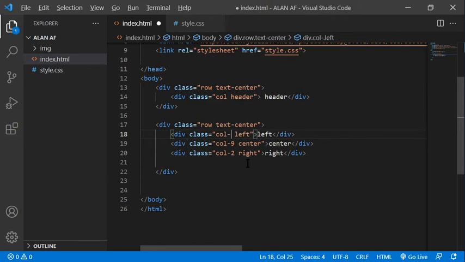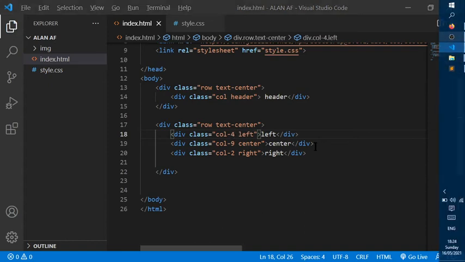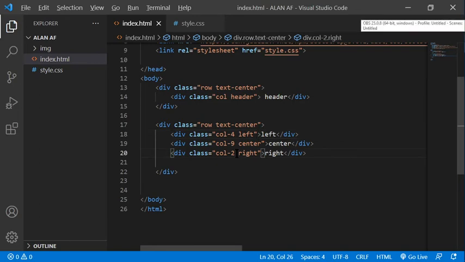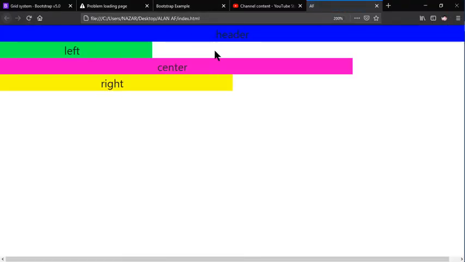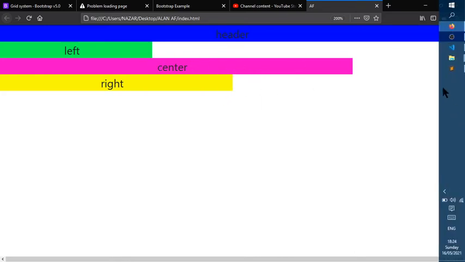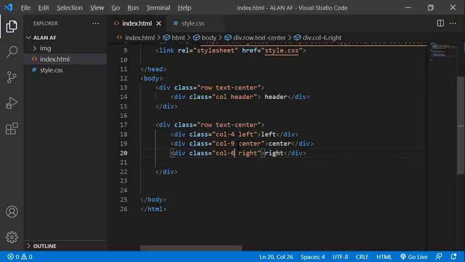I'm changing it to 4 and let's see what happens, and I will change this one to 6 and refresh it. So this is 4, this is 9 and this is 6, so that space does not exist, so they are getting pushed down. Now we should split them into equal parts, into 12, not more than 12. If we get more than 12 we cannot place it.